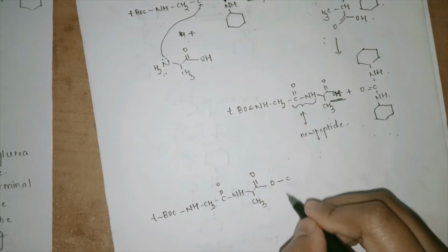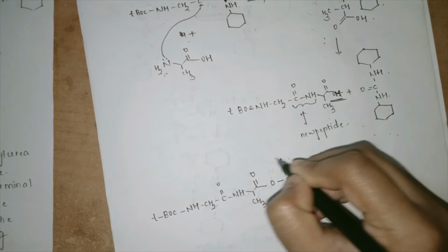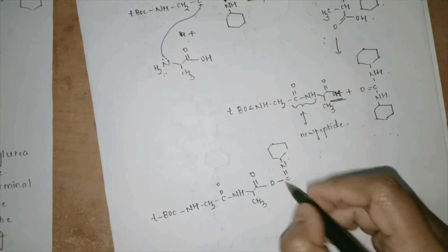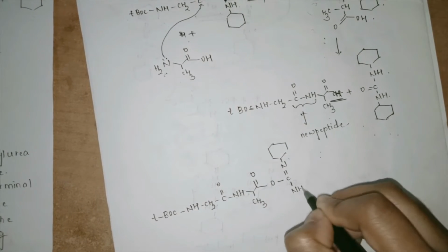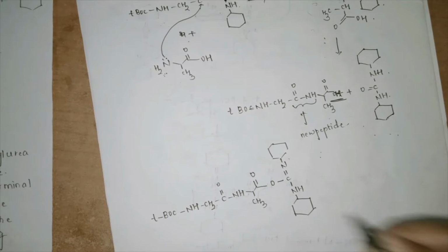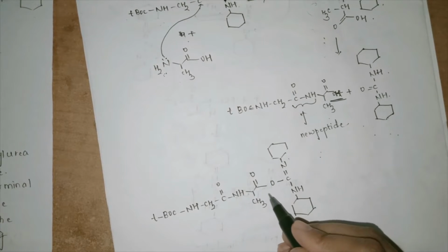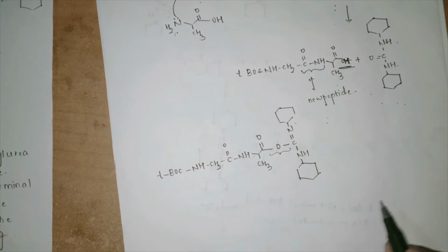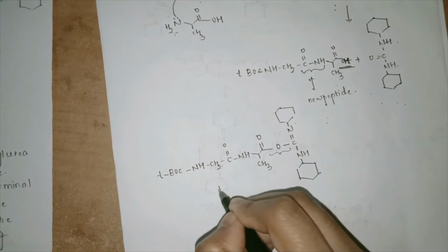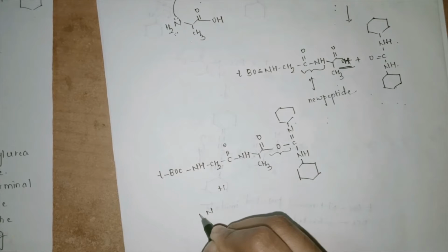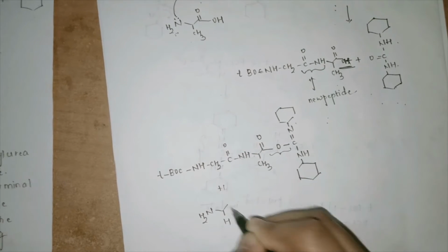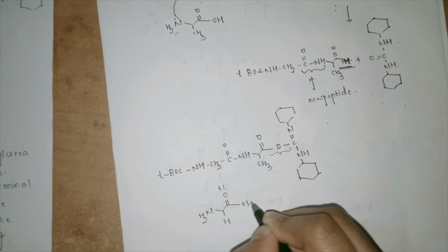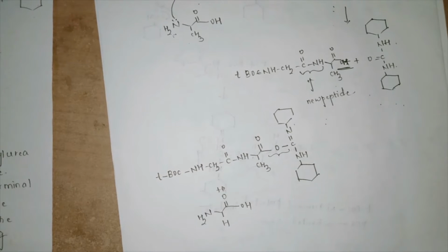I will be again having N system, and there is an NH system. So what did I do in this procedure? I have again activated my C terminal, and in turn, after activating the C terminal system, again to this system I can add a new amino acid. Now the amino acid can be a glycine system also. Any kind of amino acid can be added.